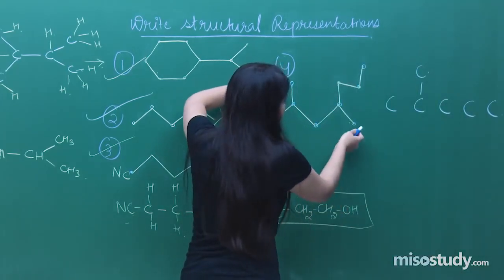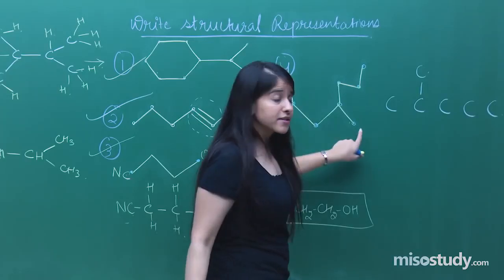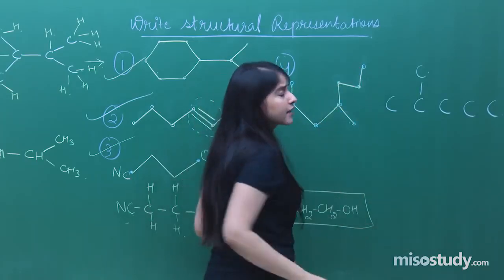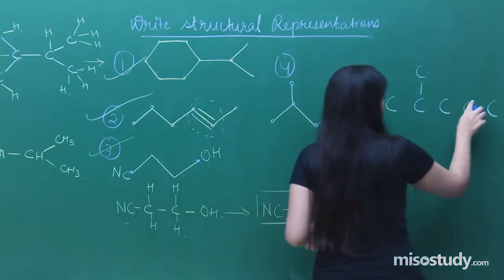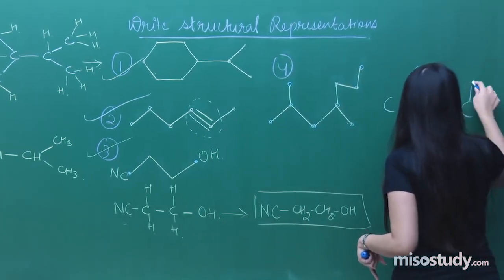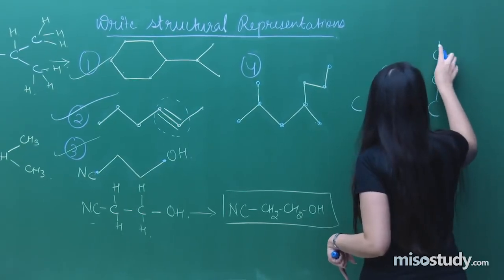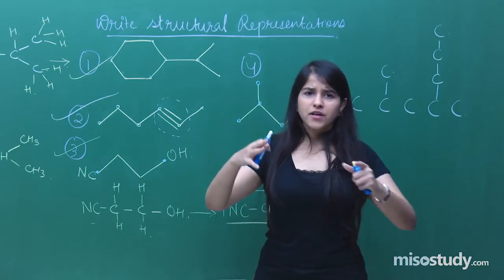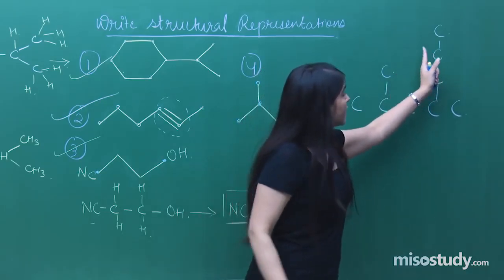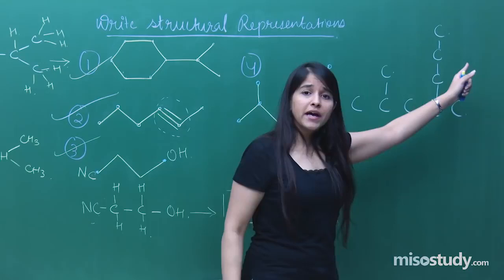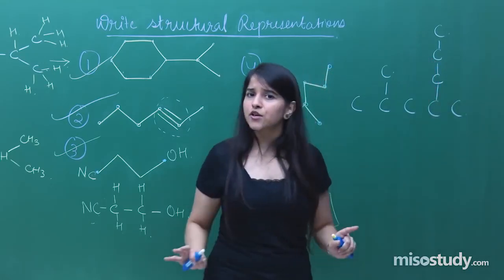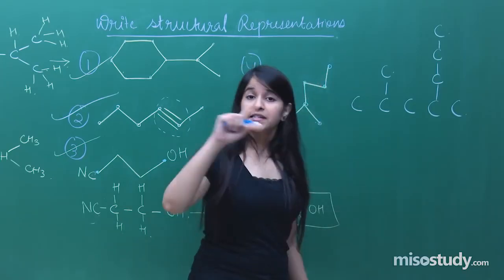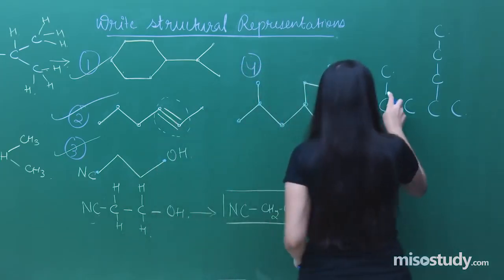Now if you see the second carbon or the second last carbon, it is getting attached with 1, 2, 3. That means 3 more carbons. So it's a chain of carbons, 1, 2, 3. You can have any kind of structural representation. You can bend these carbons, you can curve these carbons, anything you would like, but you need to mention 3 carbons attached in a single chain. So that is what you need to do.